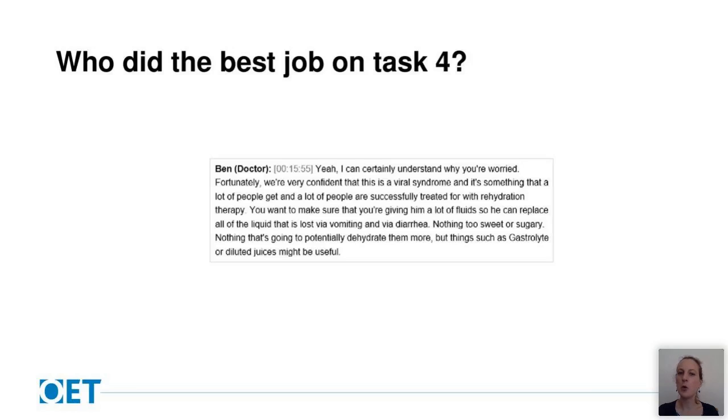What I will pick out from all of the doctors is that they made use of Gastrolyte, which was provided as information in brackets with the task. And as I've mentioned a couple of times now, you're very welcome to use the language provided in brackets, but just make sure that you consider, is this something that the person you're talking to will be familiar with? Personally speaking, I'm not really aware of Gastrolyte, what it is or what it's for. And it would have been good to see at least one of the doctors explain this to me as the parent when explaining that it was a fluid option for the task.